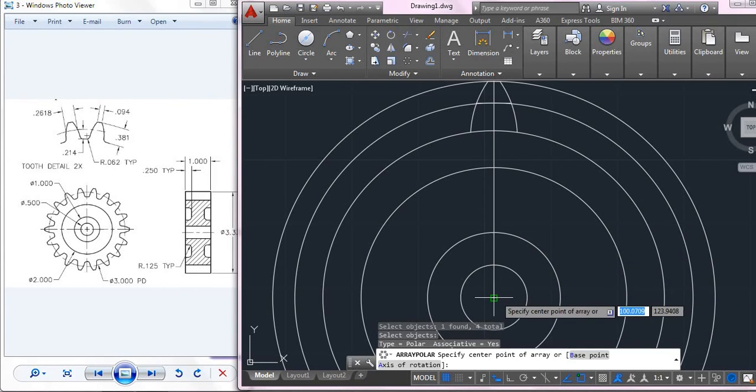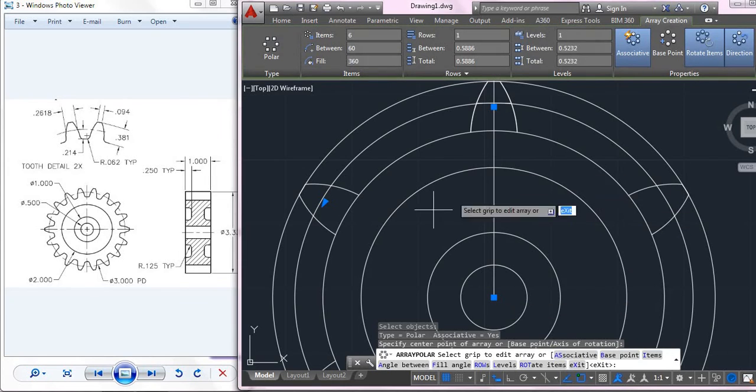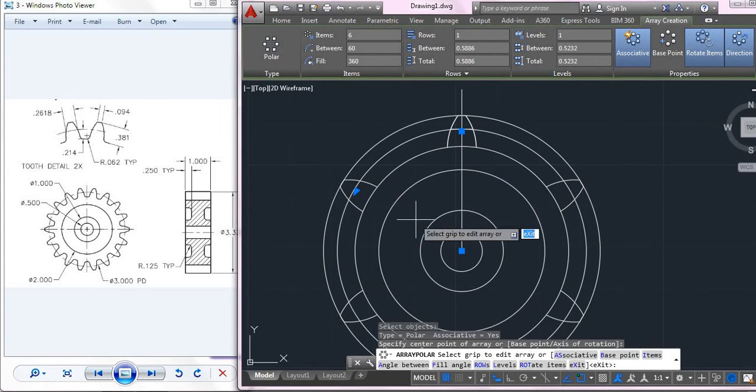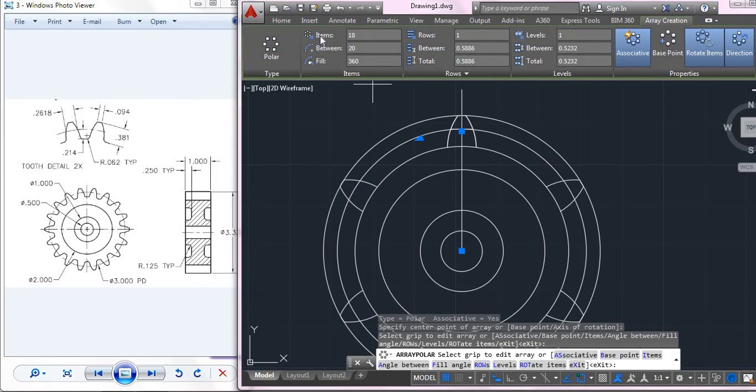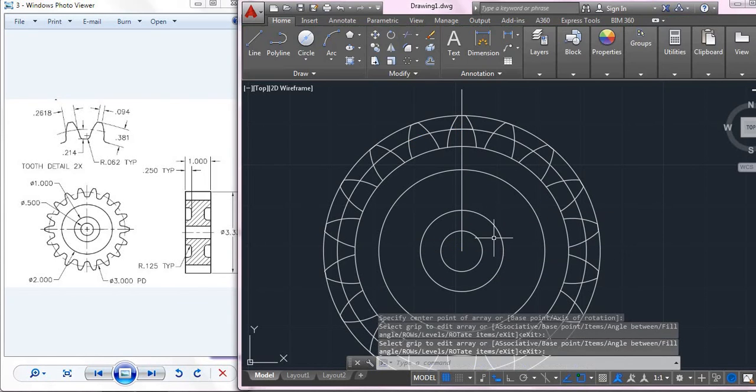I'll select this as my center point. Then you can see the array has started. So here I will specify 18. Why? Because the total count around this is 18. So I have given 18 here. I'll give enter. Then you can see the profile like this.